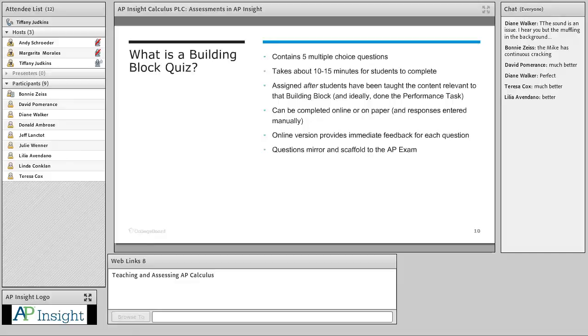They're not going to look like the culminating type of item that students will eventually see, because that's not the goal of these items, right? The goal of these items is to assess where they are at that point in the year, without getting a bunch of other conflating information in there. We just want to know, do they know this one thing? And if they don't know this one thing, how can we intervene? How can we fix it before they're asked about that and a bunch of other things on the AP exam,